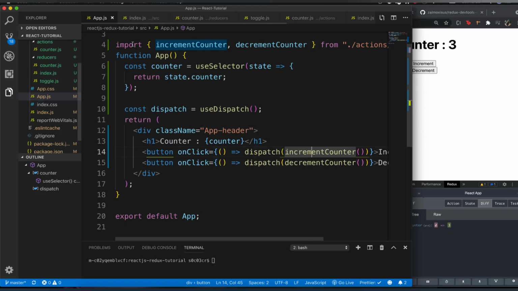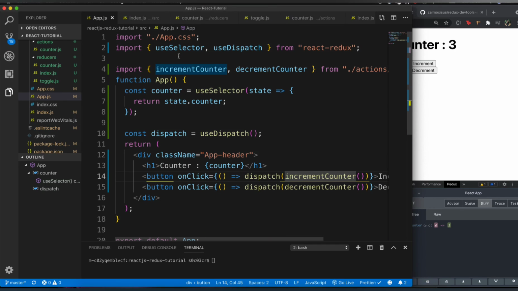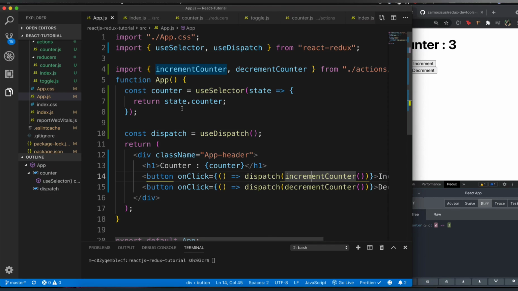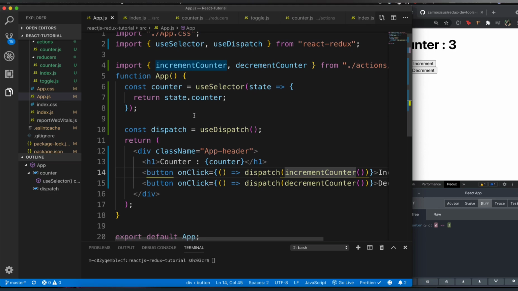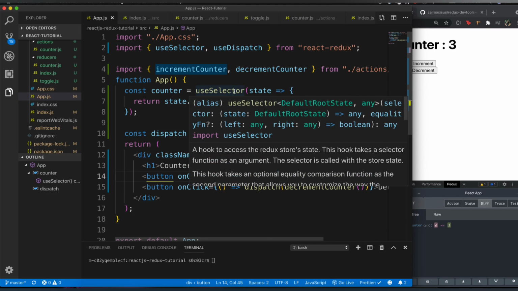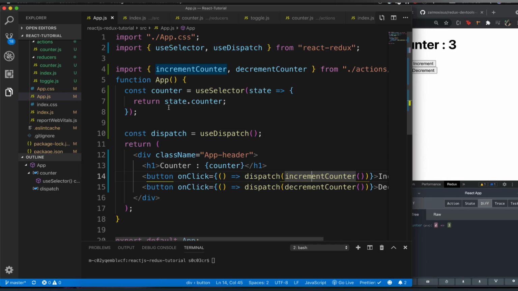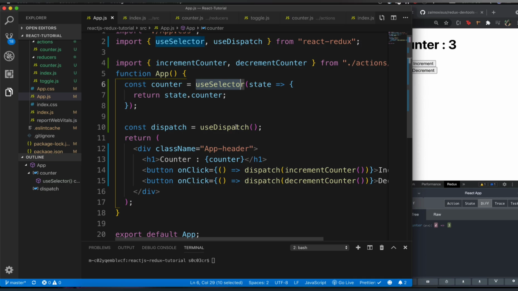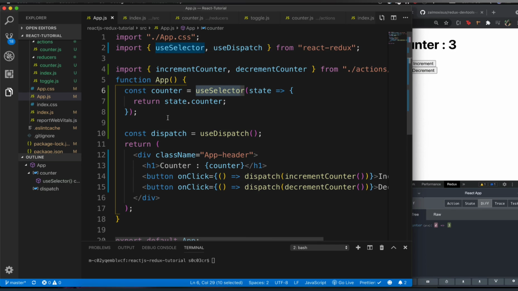And how did we do that? We did that by importing the state we wanted with the help of use selector. With the help of use selector, we chose what state we want to show inside of app.js. I wanted to show counter. If I wanted, I could have also shown counter dot toggle. I can also show both, right? So depending on what my requirement is, I will use selector to select the state that I want to use, right? So there are two things. You simply want to import the state that you want to use, for which you'll use state. Another thing is you want to perform some state changes, for which you use dispatch in order to dispatch those actions. So that's pretty much it, guys.